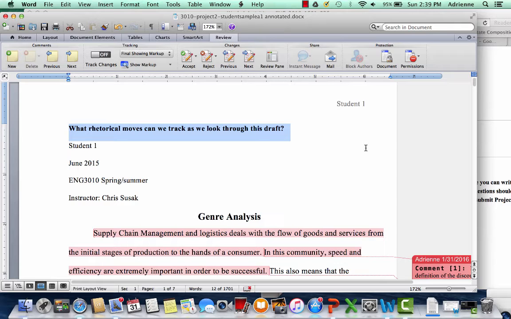That's going to help me start to think about, okay, maybe I've never written a genre analysis before, but to look at an example and think about what kinds of things the student writer is doing and the degree to which they seem to be successful is a way I can start to think about a draft. So I'll work through that here with a sample 1, and then I would encourage you to do that on your own time with sample 2.